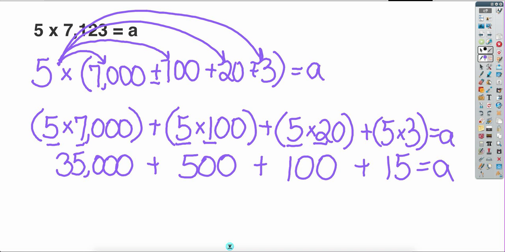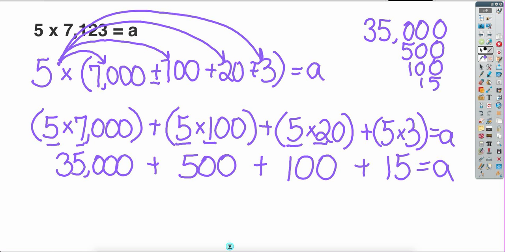So I meant to say 35,000 plus 500 plus 100 plus 15, right? And that's what I'm adding. So I have 5, 1, 6, 5, 3. So I have the final product is